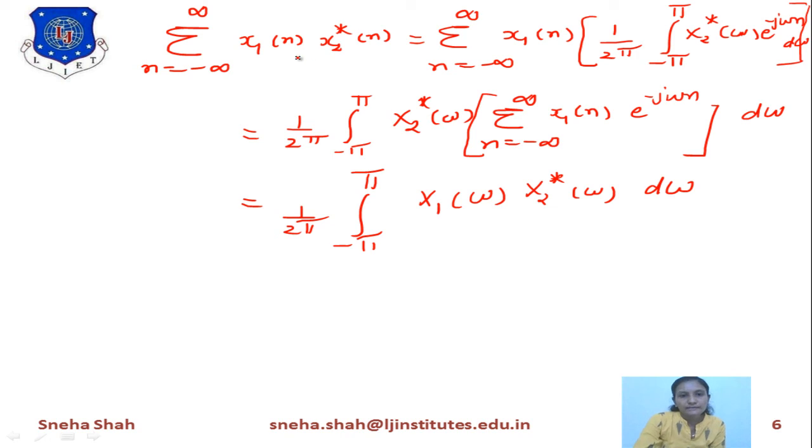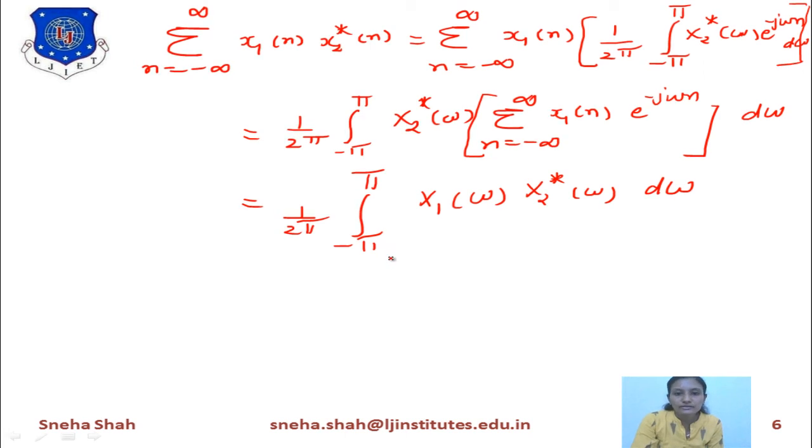So when we multiply two sequences in the time domain, the first sequence as it is and the second sequence with its conjugate, then in the frequency domain also it is the same, but the difference is that in the time domain we have taken a discrete time sequence, so it is in the form of summation, and in the frequency domain we have taken integration, because in the frequency domain it is continuous, so we have to take integration. So this way we can prove this Parseval's theorem. In the next session I will explain more properties of this DTFT.